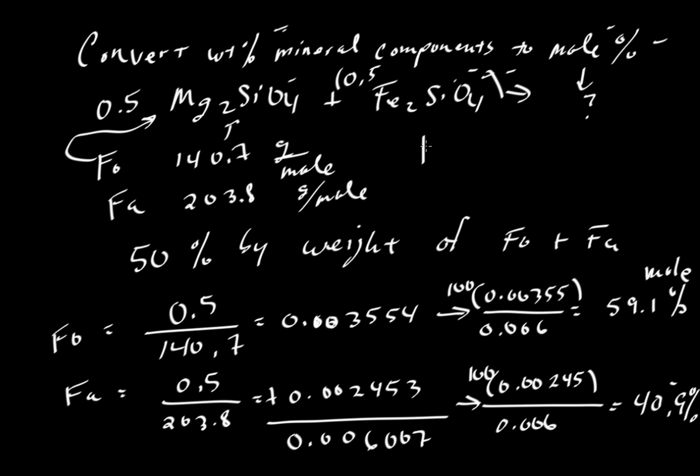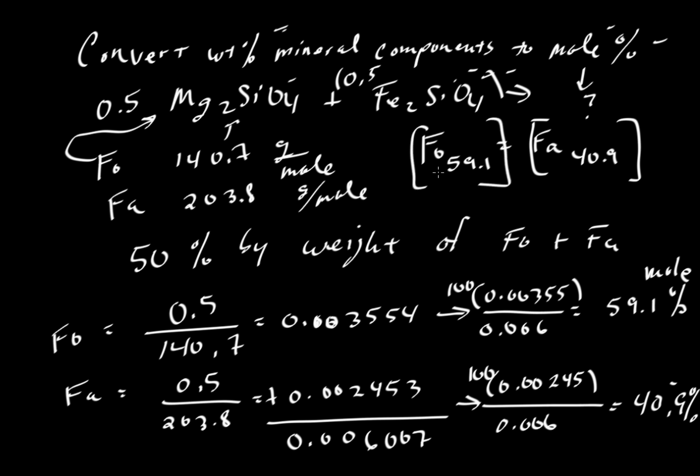Well, we usually write it writing the letters Fo with subscript, and then we write 59.1, and this would be equivalent to writing fayalite 40.9, because in olivine there are really only two major components. And yes, we could dissolve some nickel or calcium or manganese components, so maybe forsterite and fayalite would not sum to 1. Maybe we'll do another calculation where we show 3 components instead of 2. But here we have 2 different ways that are equivalent